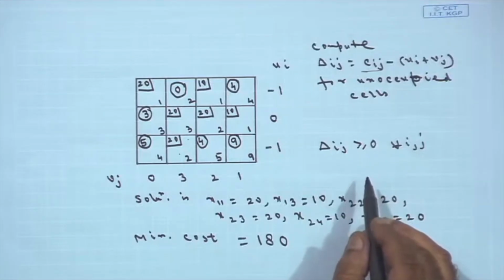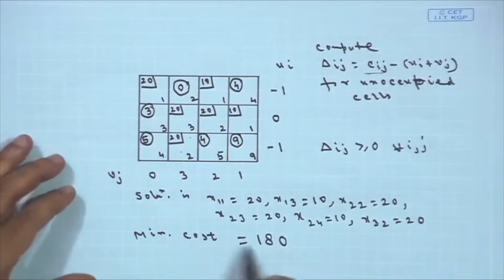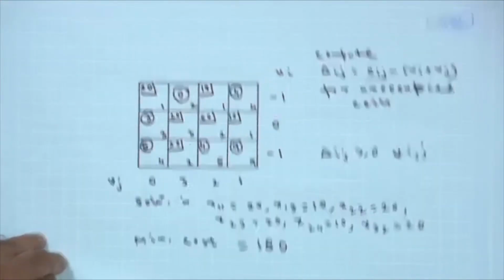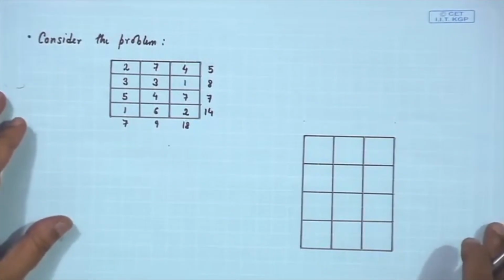Since all are greater than or equal to 0, therefore your cost is minimum, and the minimum cost is 180. Now, let us take another problem which we will discuss. For this particular problem,